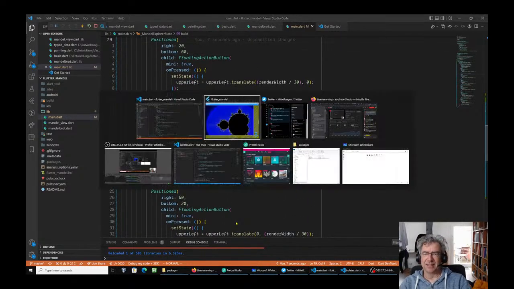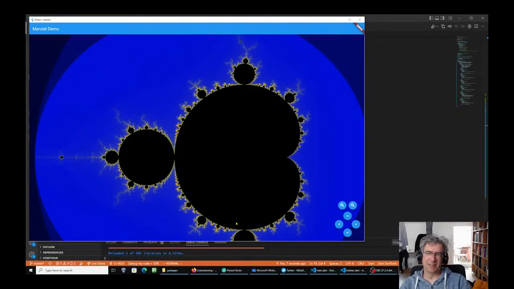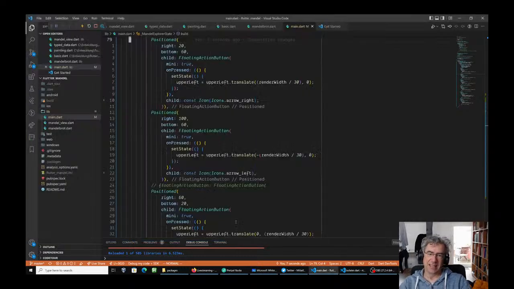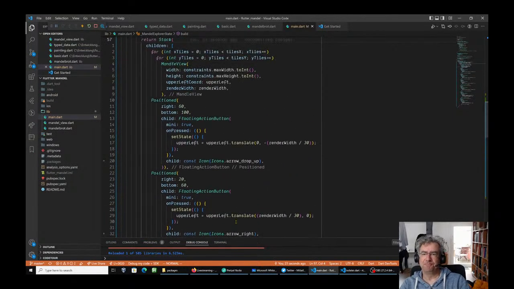So this doesn't look much different now, because I forgot to do two things. So far we have not positioned the Mandel view. Have we changed the size, and now the width and height is no longer this here, but it's